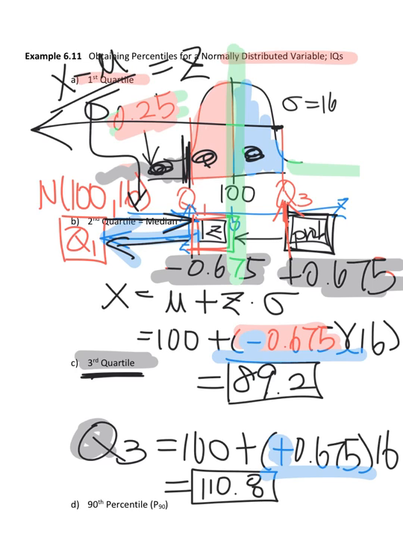The second question, part B, asks us for the median. Already you answered 100. With a symmetrical normal distribution, the mean and the median are the same. And the very last one,